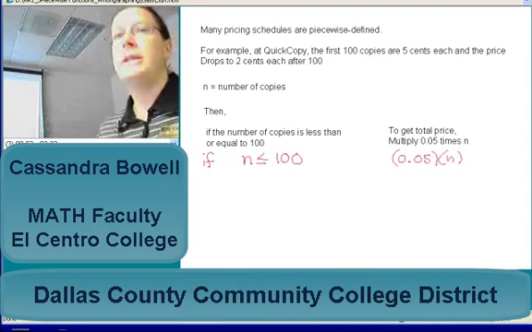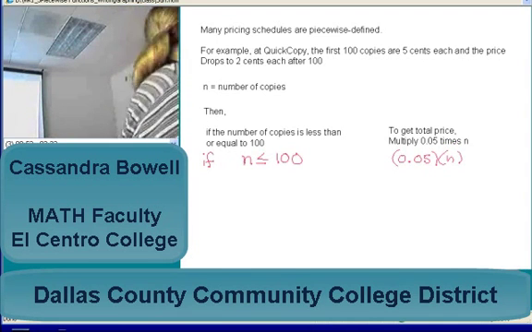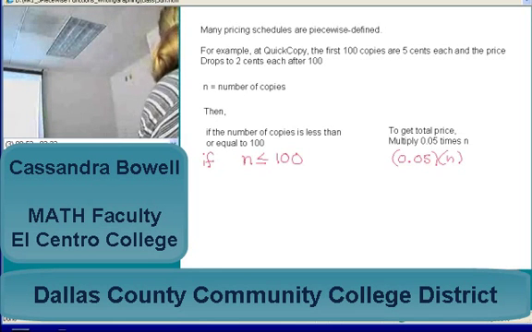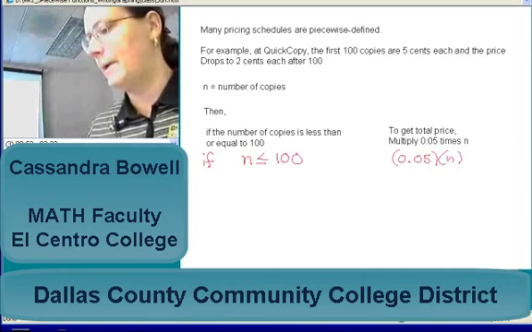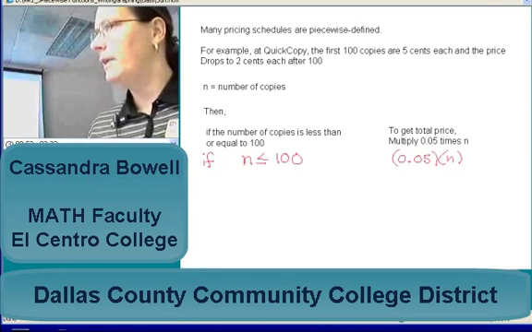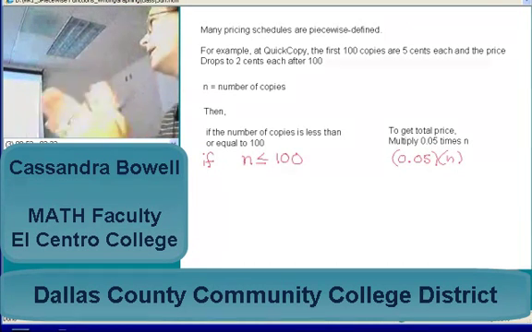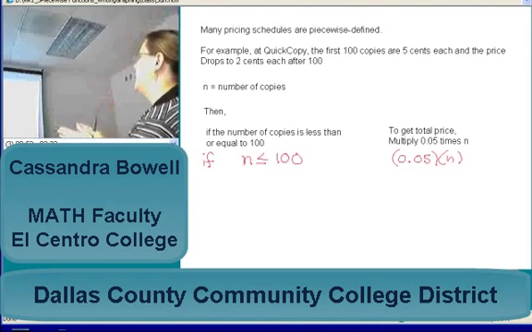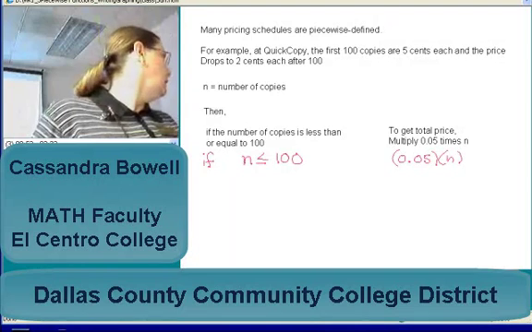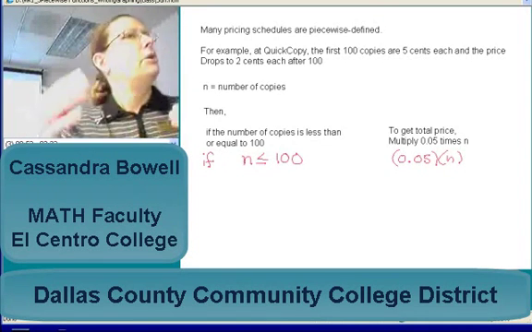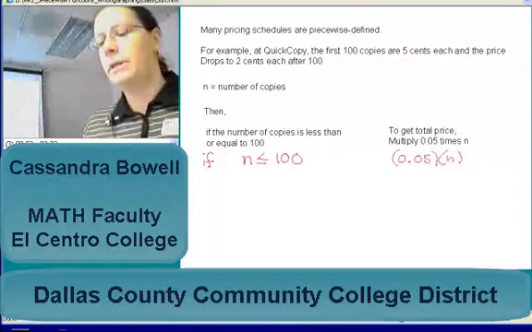But the rule changes if we have something that's more than 100. We have a different rule, so we're going to go to that page next. Everything okay so far? All I'm really doing is talking it through so that when we see it written algebraically, symbolically, it'll make more sense to us. I'm just trying to show you a real-life example of where these things come from.